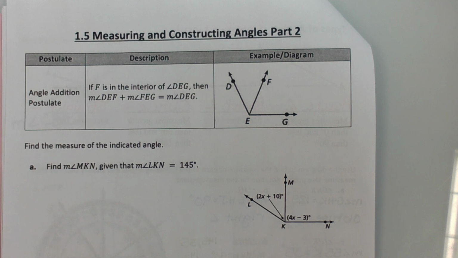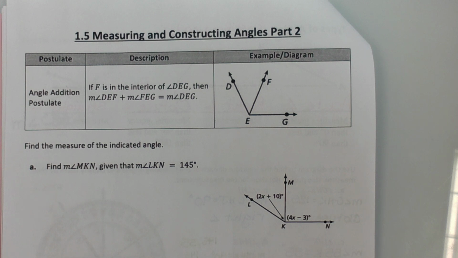Today, we're bringing in some math that you can do with angles. Specifically, the angle addition postulate. The angle addition postulate starts off with having an angle and having a point interior to it. So really this postulate initially points out this angle and the fact that there's a point in between. And if there's that point in between, then you can end up drawing a ray that goes through that point